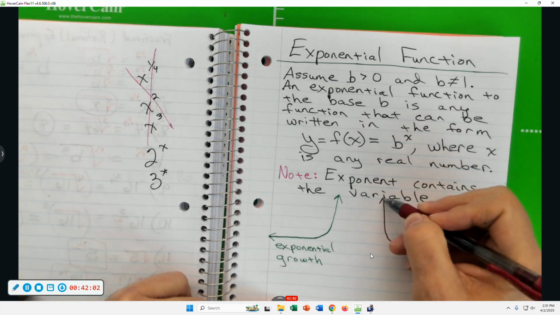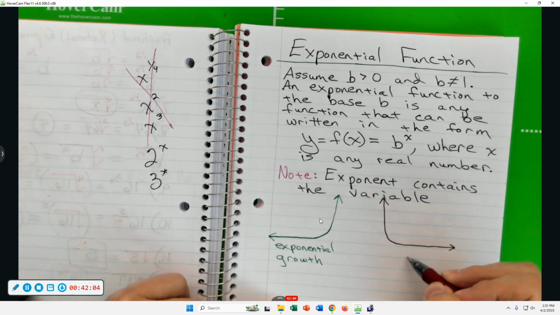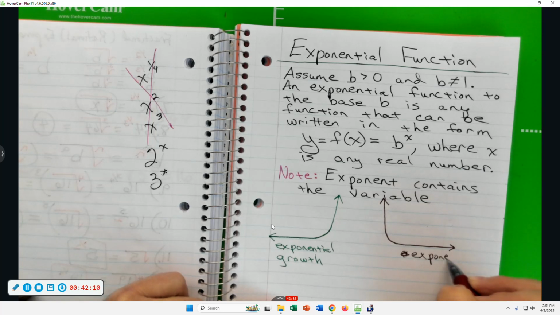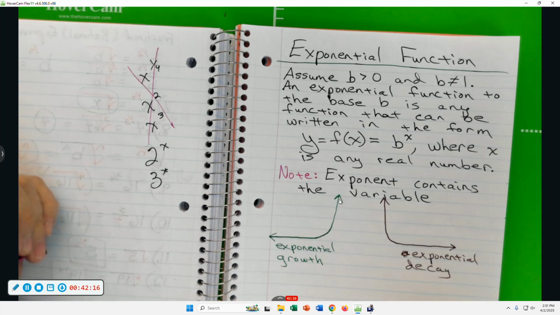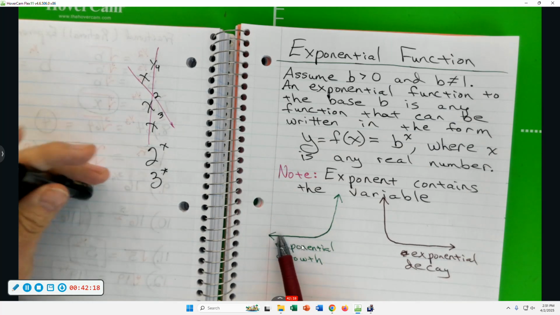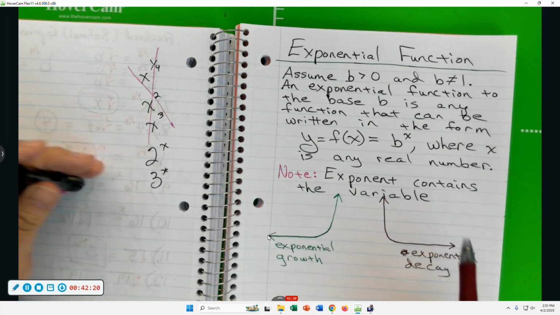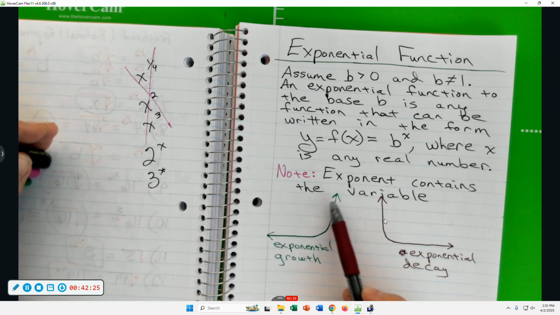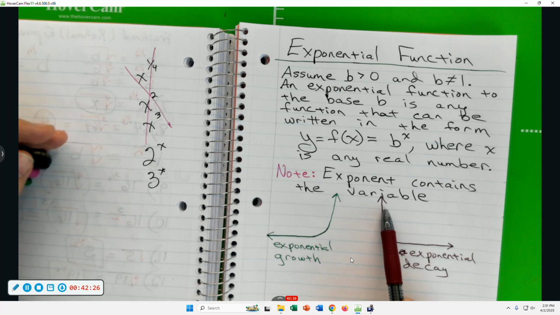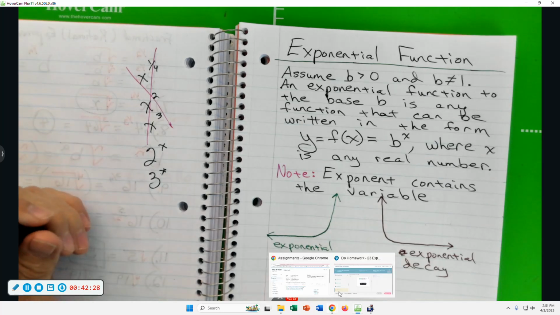Here's an example of the general shape of exponential decay. When you're drawing these exponential functions, you should expect one side to be real flat, almost horizontal. The other side extremely steep, almost vertical. Okay, so